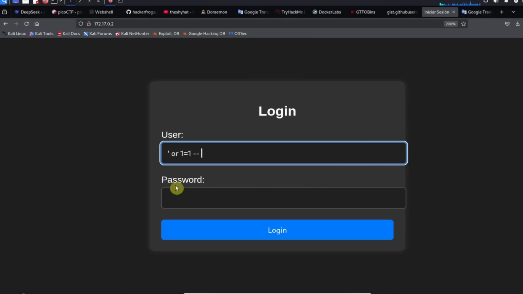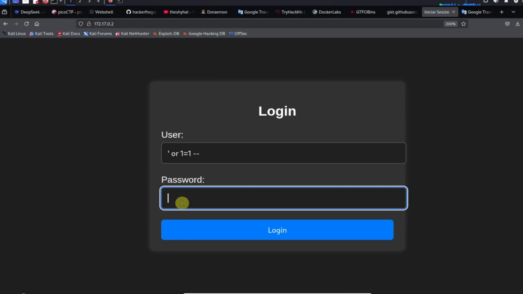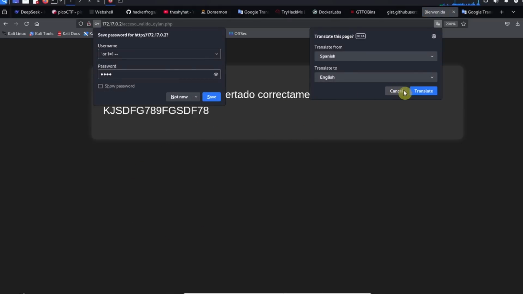The reason we do this is because the type of SQL statement that is used to log people in is going to be a true or false statement. It's either going to be this username with this password where the username and password are correct, or it's going to be this other thing that we provide here, 1 = 1, which is a true statement. For the password, it doesn't matter what we provide. And if it works, we're going to log into the web application. So we click log in, and then